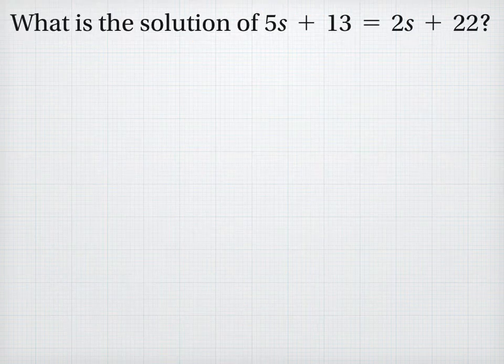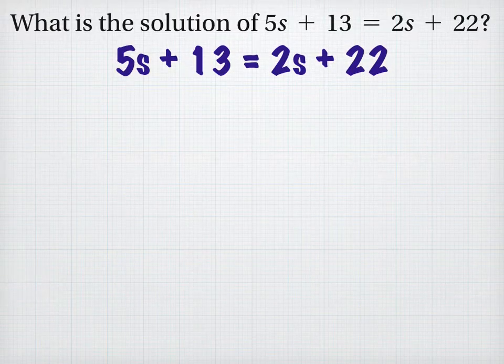The first example says, what is the solution of 5s plus 13 equals 2s plus 22? So we're going to go ahead and look at the equation. And if you notice, we have 5s on the left side of the equal sign, and we have 2s on the right side of the equal sign. Now, there are several ways to do this, but there's two ways to combine your like terms. Both of these are positive right now, a positive 5s and a positive 2s. They're on different sides of the equal sign. So we want to cancel out our variables on one side, and then get them all together